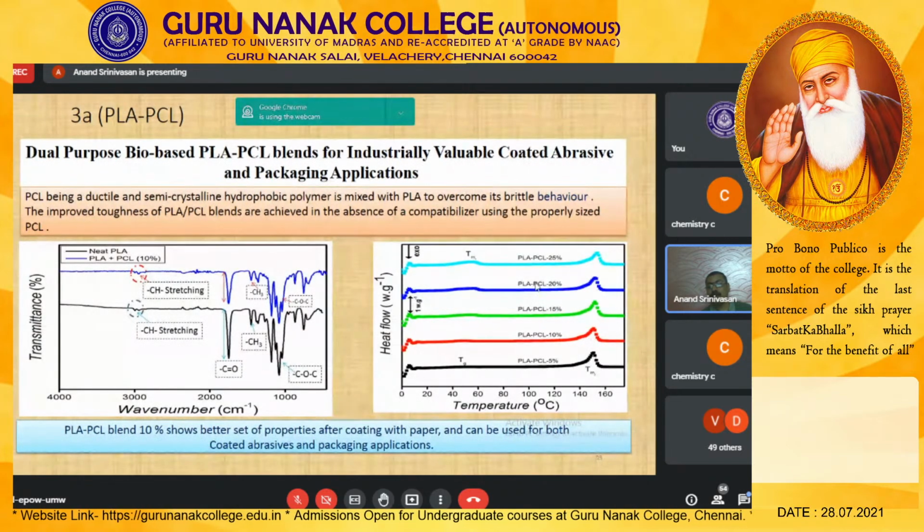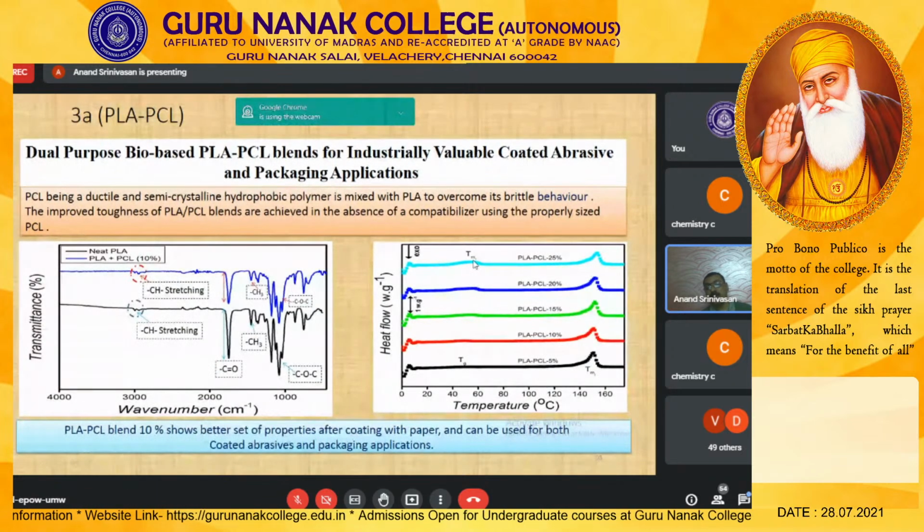Beyond 10%, what happens? Two different melting points are coming. As you can see, this is a virgin PLA. When PLA is added with 10% PCL, there is no change. Whereas at 15%, you can see there is a small hump coming over here. This is because of the melting temperature of your PCL. Then at 20%, you can see one more peak. It is predominant. At 15%, you can see it clearly.